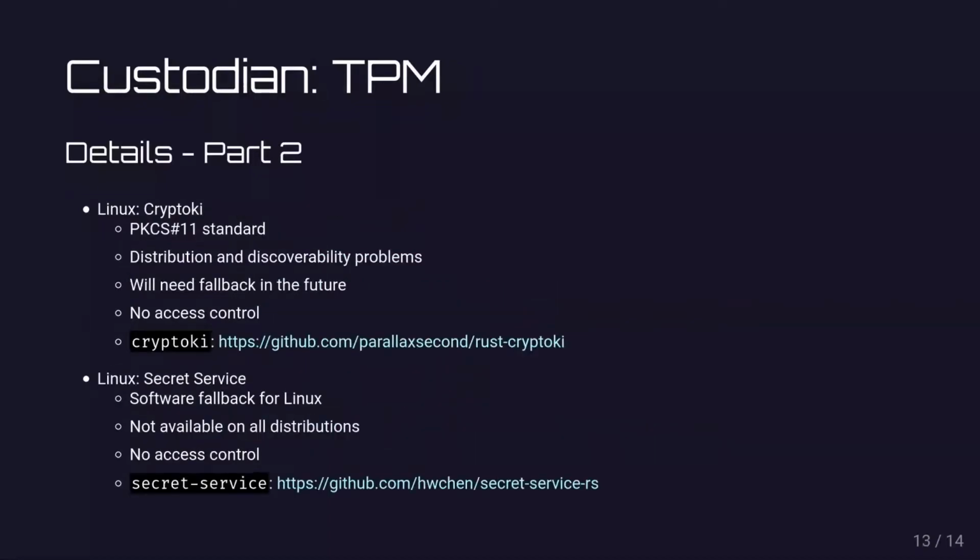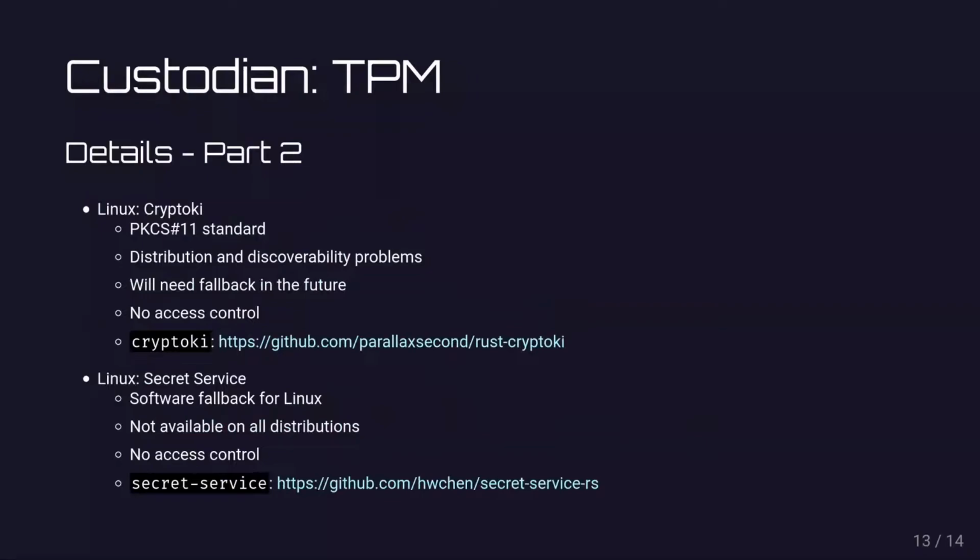Linux kind of was the worst implementation detail here. So we tried to use PKCS11, which is a little bit complicated because the way to access these libraries on Linux is not very well known. In any case, there are bindings in Rust, so that's what we're using. And in the future, we will need some sort of fallback for distributions that don't have support for PKCS11. There is something already planned, and I'm working on that already.